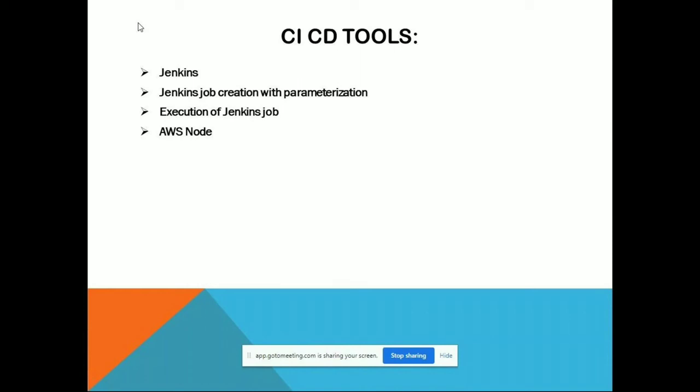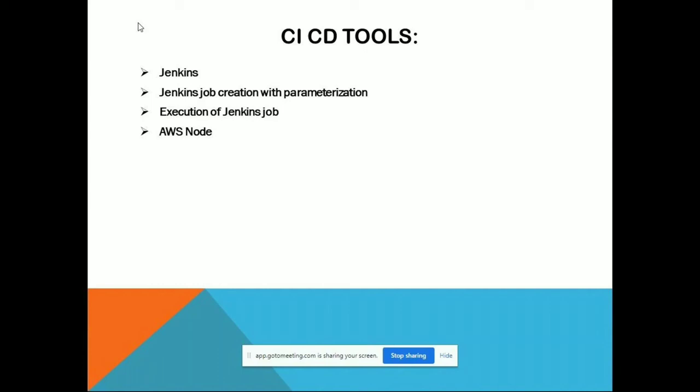Jenkins is a particular CI/CD server where you can store your automation code in your Git, and you can pull this code by using one URL. That URL you have to provide while you are creating a Jenkins job. So I'm just giving an overview on every topic, a small overview. Once you create that, you can execute on any machine all over the world. This is the CI/CD facility that is provided by Jenkins.